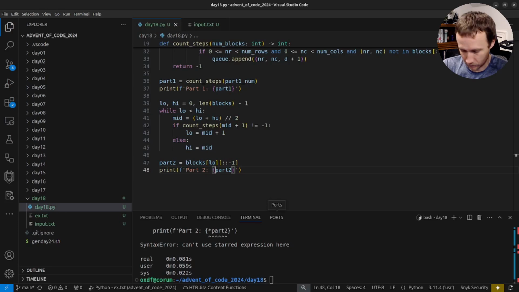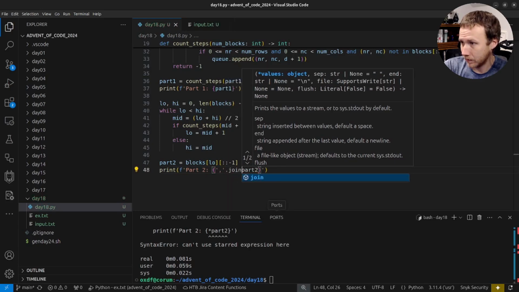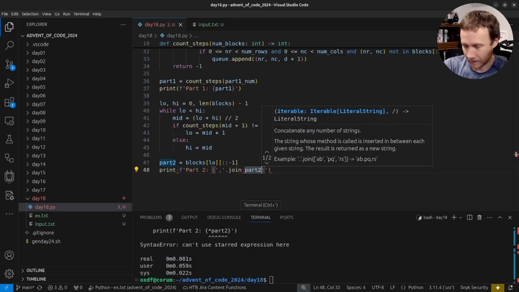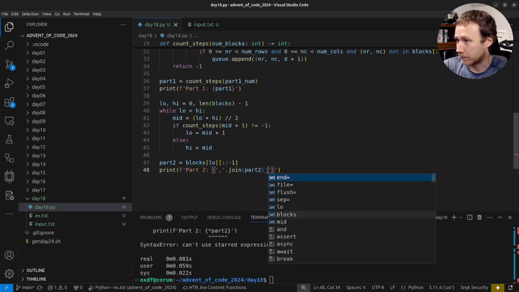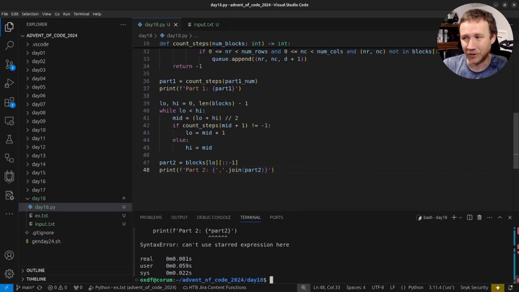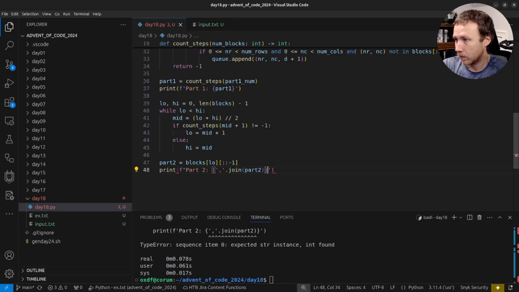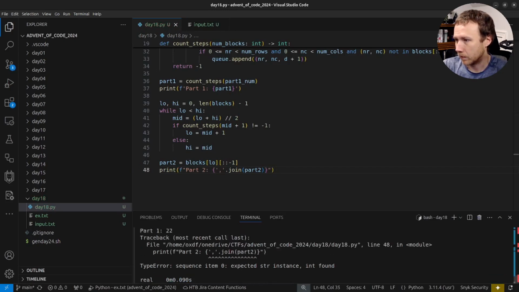I guess we can do a comma dot join around that. I think that might work. I don't like this. We're gonna fix it. I'm curious to see if it works. It doesn't because we have the single quote here and the single quotes here. So let's make this a double quote. And double quote. I think that should work now. Oh, but we have integers, not that. How annoying. Okay, so we're gonna have part 2 is going to be